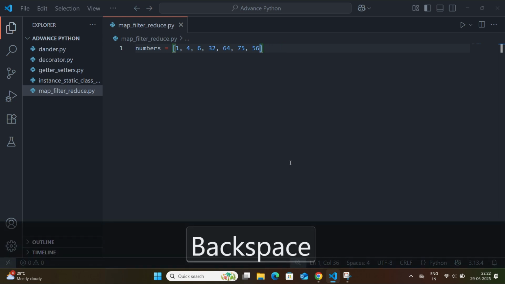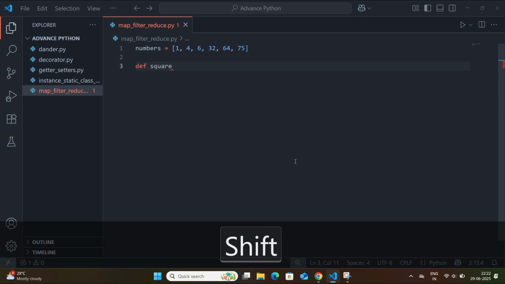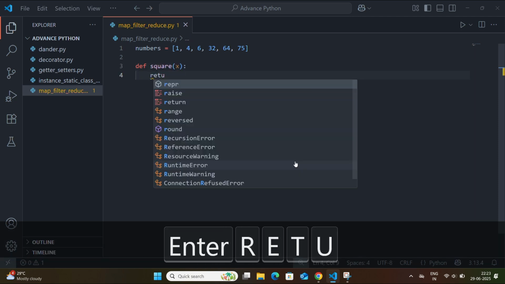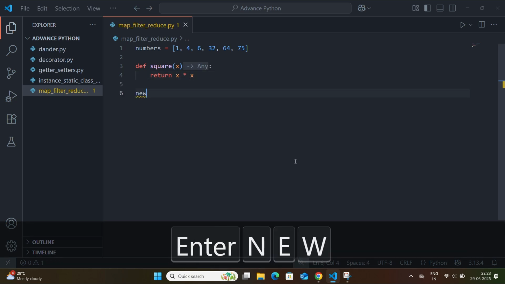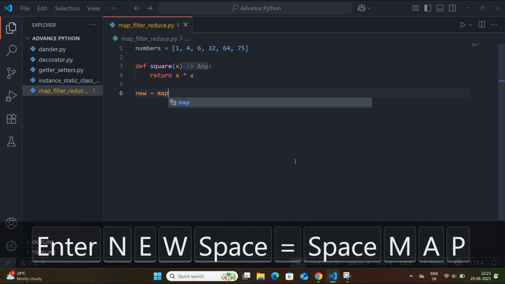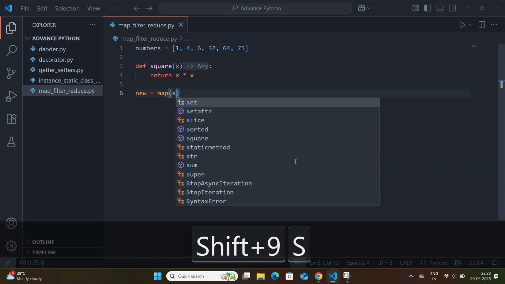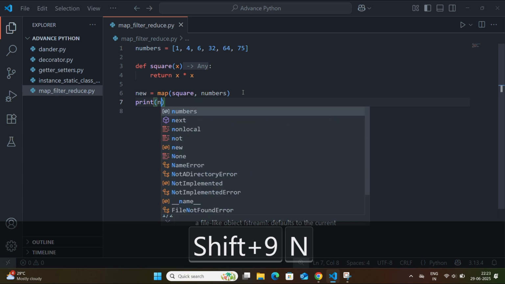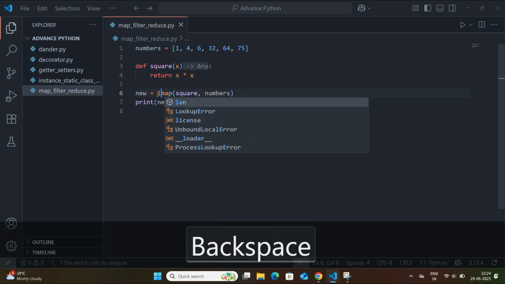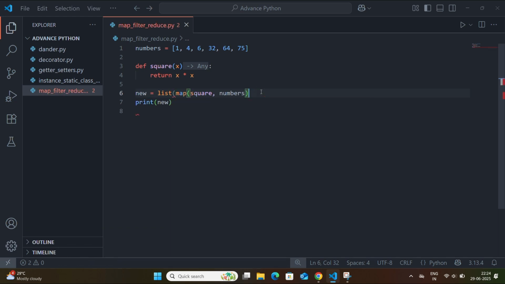First, define a function def square and pass the argument x, return x multiplied by x, and new equals map square comma numbers and print new. New equals list map square comma numbers and print new.